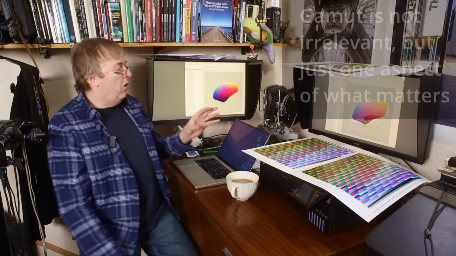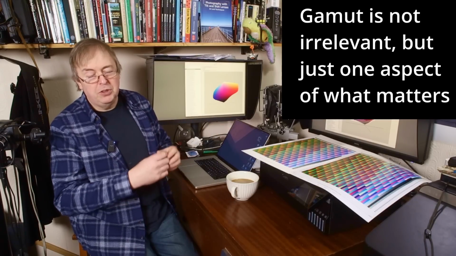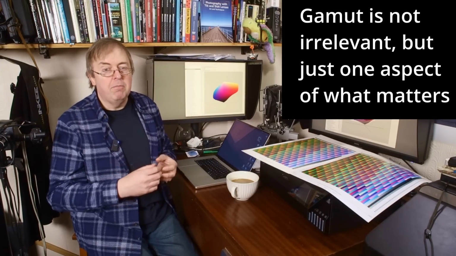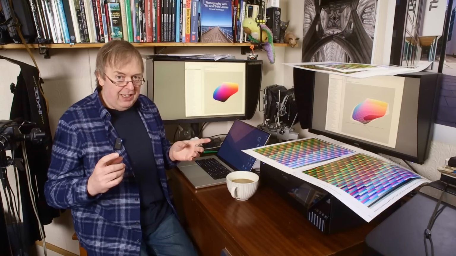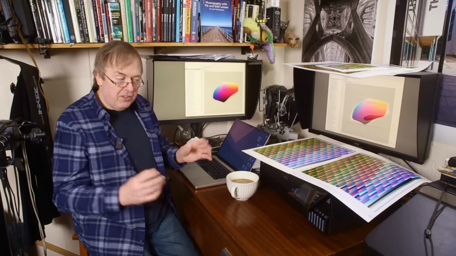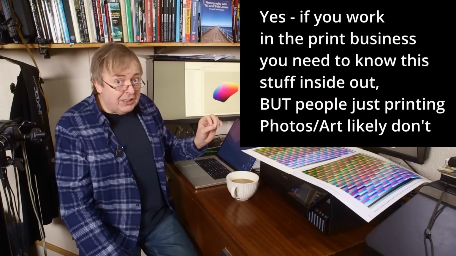Why do I not have gamut comparisons, charts, tables and things like that in my printer and paper reviews? Primarily, the reason is that without a lot of explanation and additional information to explain all the caveats and gotchas in it and little bits and pieces, they are meaningless. So,